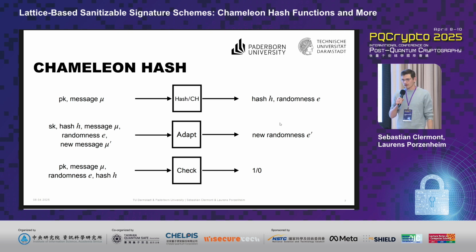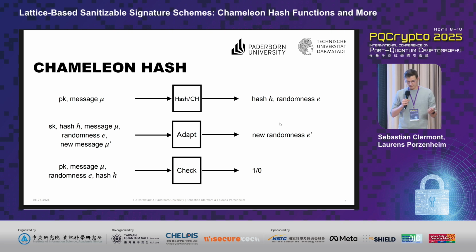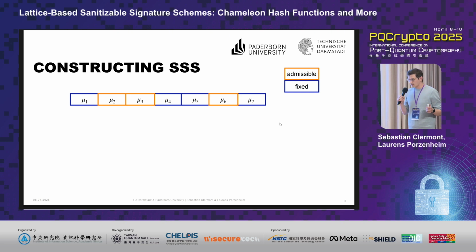And then last, you have a check algorithm where you can hand in the public key, the message, the randomness, and the hash, and see if this hash is valid for the given arguments. So now how